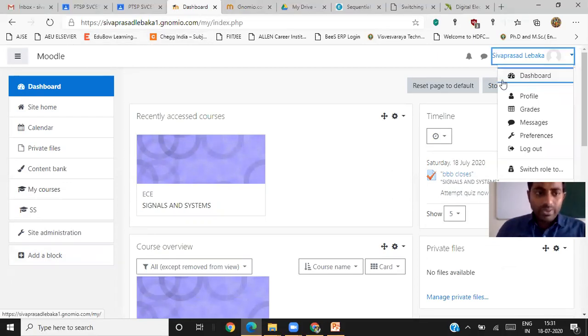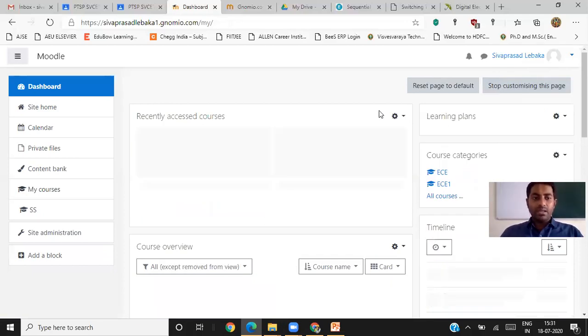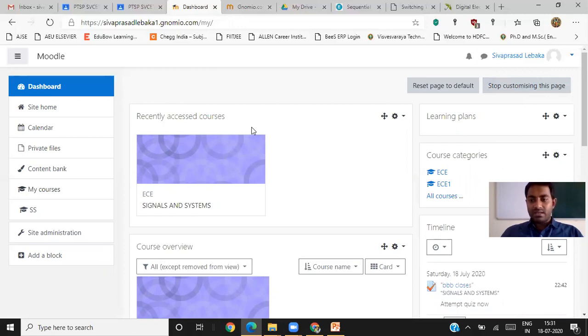As a teaching community, we can make use of all these things for supplying the materials, for conducting simple quiz examinations, or even descriptive examinations. They can write and upload, like assignment examinations. Directly we can put the marks here, and it will be shown in a cumulative manner. From that we can understand which students are doing better and which are dull, all those things. Okay. Thank you.